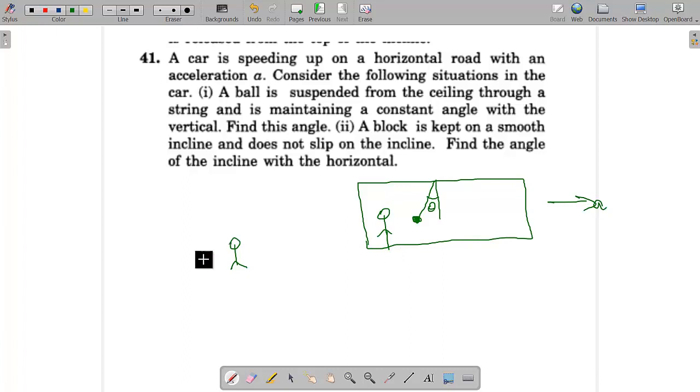Understood? No, because this is very hard to visualize from this person's perspective, right? Because this is moving also. This is at an angle theta also, and this is also moving in this side. Understood? That's why we use non-inertial frame of reference sometimes to solve questions, because it is very easy to analyze the question with respect to this person. Understood? No, because that is very simple.